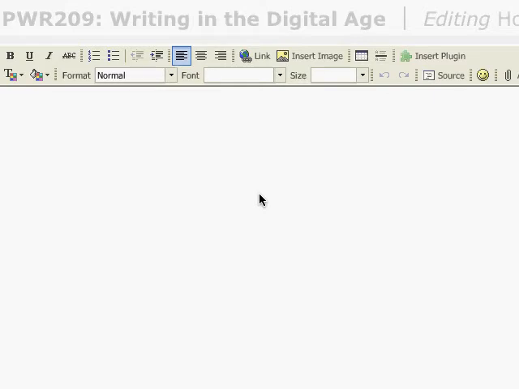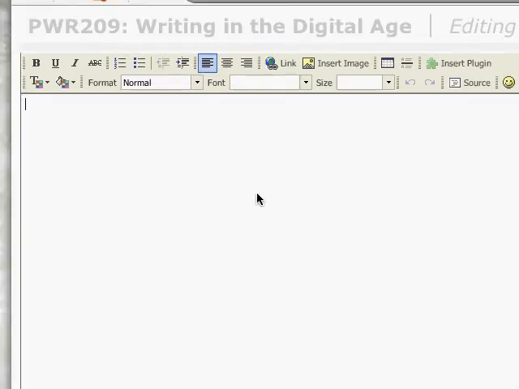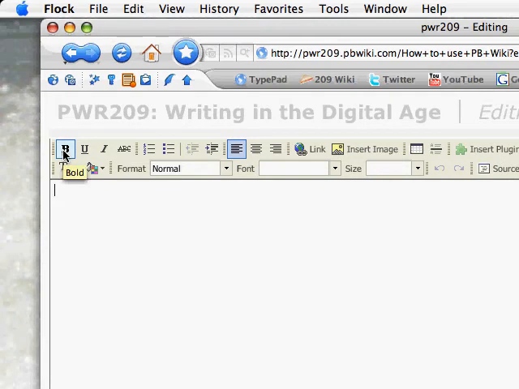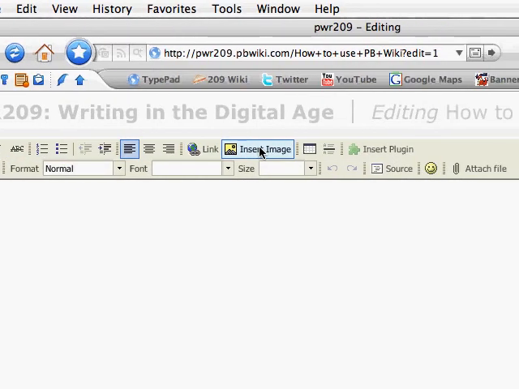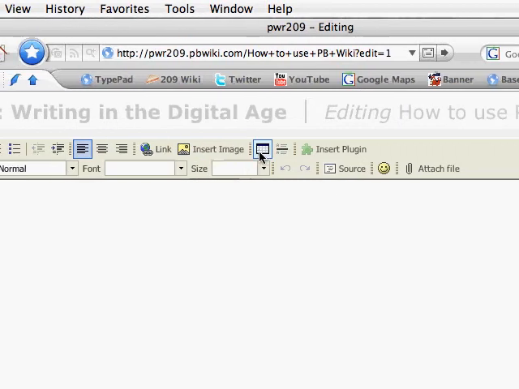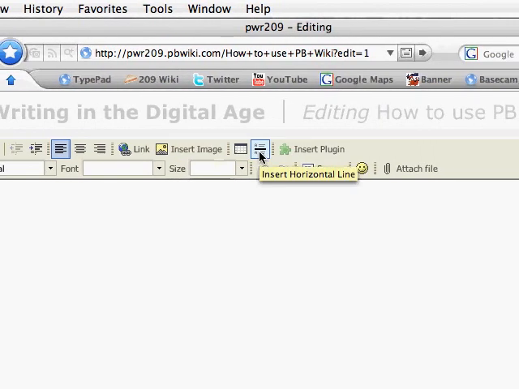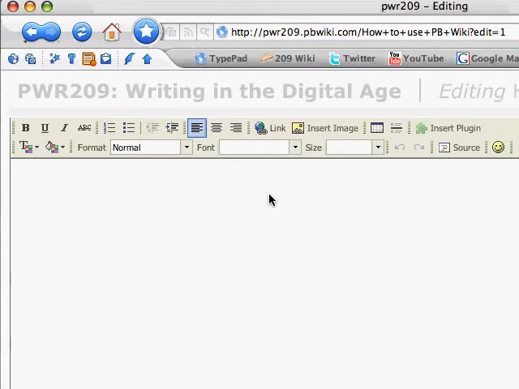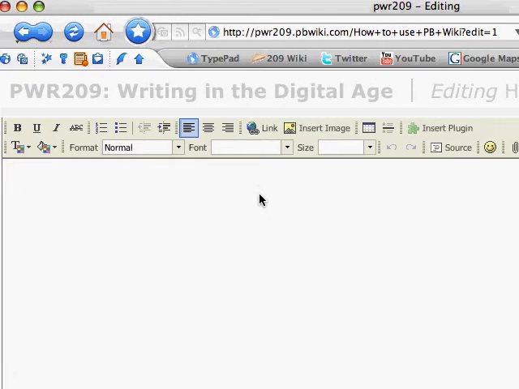And that brings you here to the page interface. As you can see, it's pretty similar to what we have in TypePad and what you might use in some webmail editors and so forth. It's pretty basic. It looks like probably Word and so forth. So you can click on bold and underline and so forth, and bullets, and you can insert an image, you can insert a table, a horizontal bar. Basically though, you just come in here and start typing